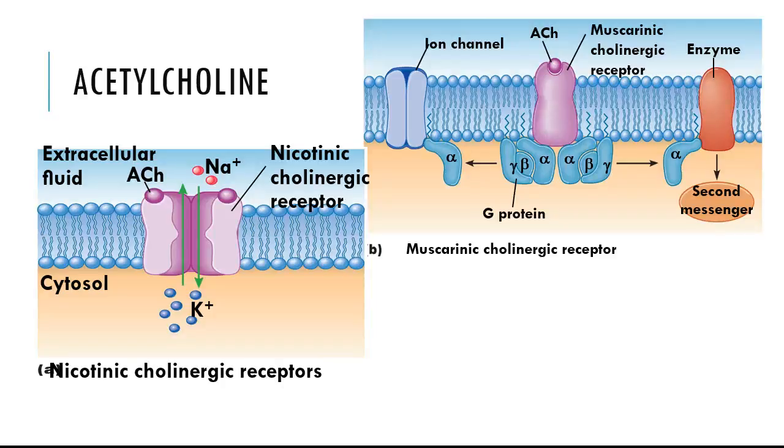So it's always excitatory. The image on the right, subset B, is illustrating, still we can see it's a cholinergic receptor because it's binding to acetylcholine, but it's not a channel. We can see what's associated with it: a G protein, which may go on and open some ion channel. Notice it's non-specific. It could be sodium in some tissues and potassium in others, or it may activate a more complex second messenger system. That's the diversity of using a G protein. Those you would collectively call muscarinic receptors.